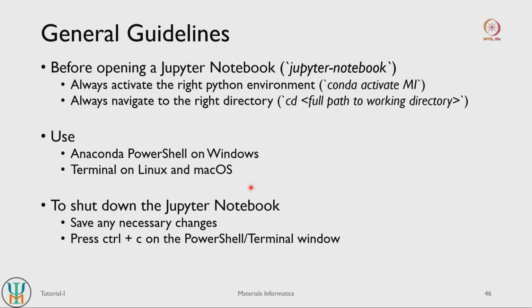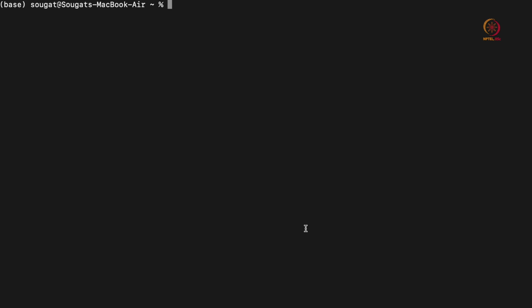Now let's go to a real Jupyter notebook and look at some Python basics. So I'll do that on the laptop. So here is my terminal, and you can see base here. So I'll activate the relevant environment. For me the environment reads MT303, so I'll just type conda activate MT303. But you have to activate the environment that you have installed, for example MI.